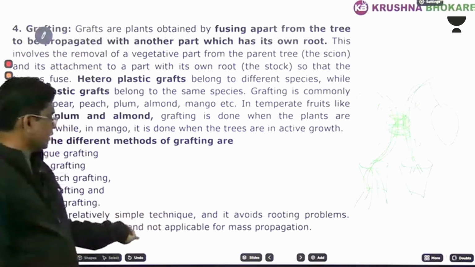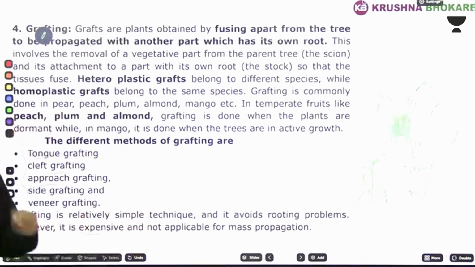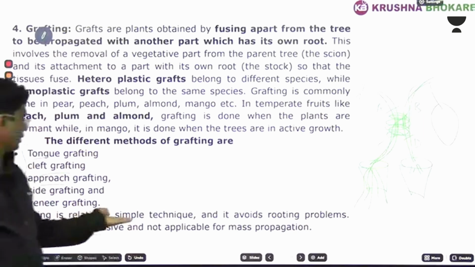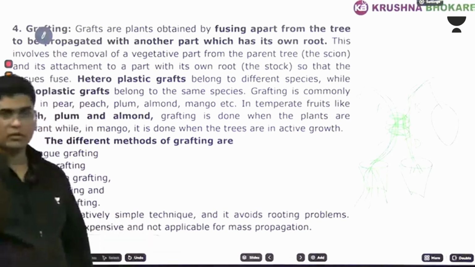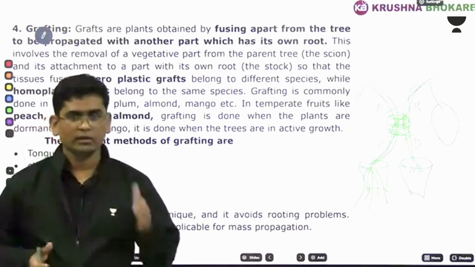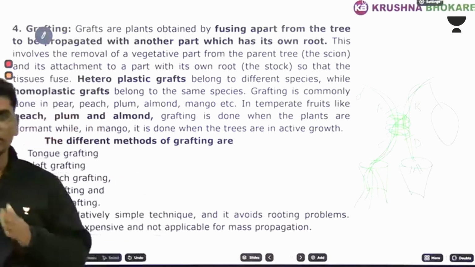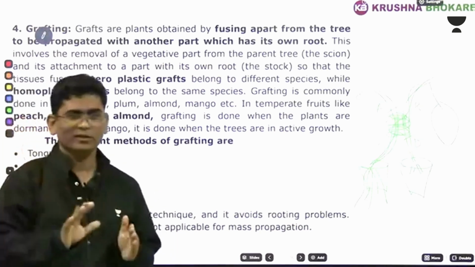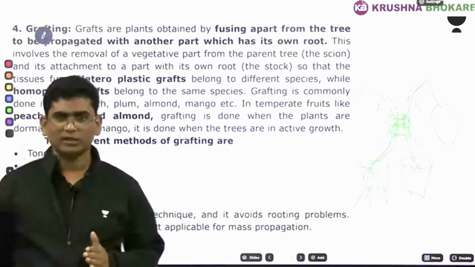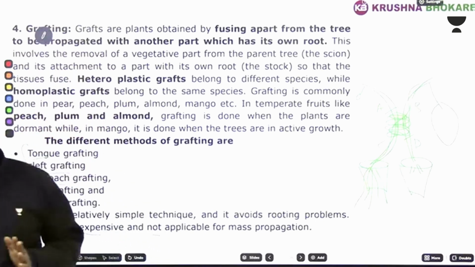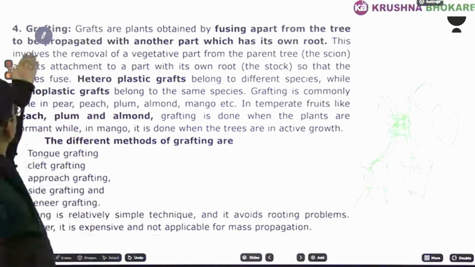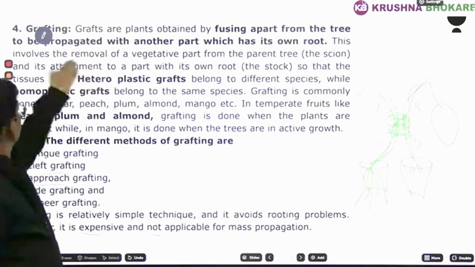So it is expensive and not applicable to mass propagation. Only small corrections can be done. Like Chinmay was driving the tractor and there was a problem. So during driving he struck the tree. In such a condition he can directly take a new branch from another tree and patch it there. ये वाला, ठीक है. So it is to be propagated वाला on root.